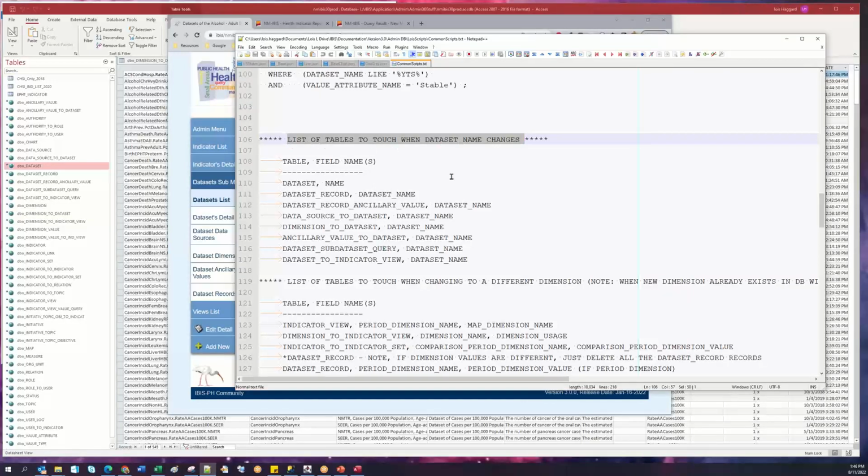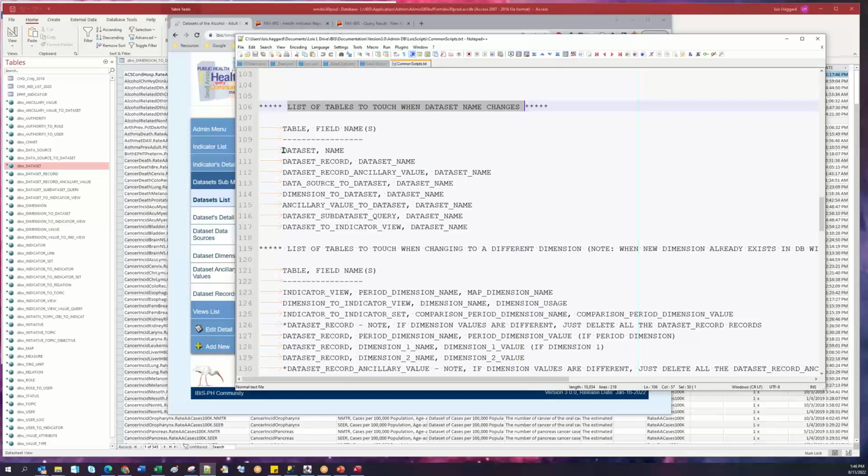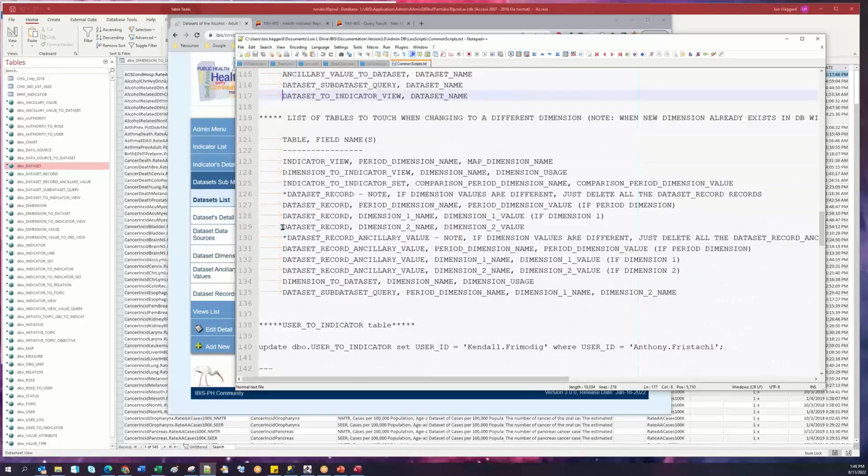so the list of tables to touch when a data set name changes: the data set table, data set record, ancillary value, data source to data set, dimension to data set, ancillary value to data set, data set to, there's just, it's a big job. And making sure, because I have to do it in the database, and if I miss something, then something's not going to connect and it's going to break something. And I'm like, those names aren't that important to have the correct measure name in it. Going forward, we'll try to do it right, but